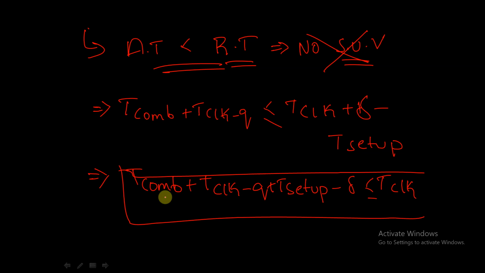T combinational plus t clock to q plus t setup. Here there is one more factor, the skew factor, that is delta, which should be less than or equal to t clock. So previously we didn't have this delta. Now we are adding this delta because there is a positive skew, right? So here you can observe,